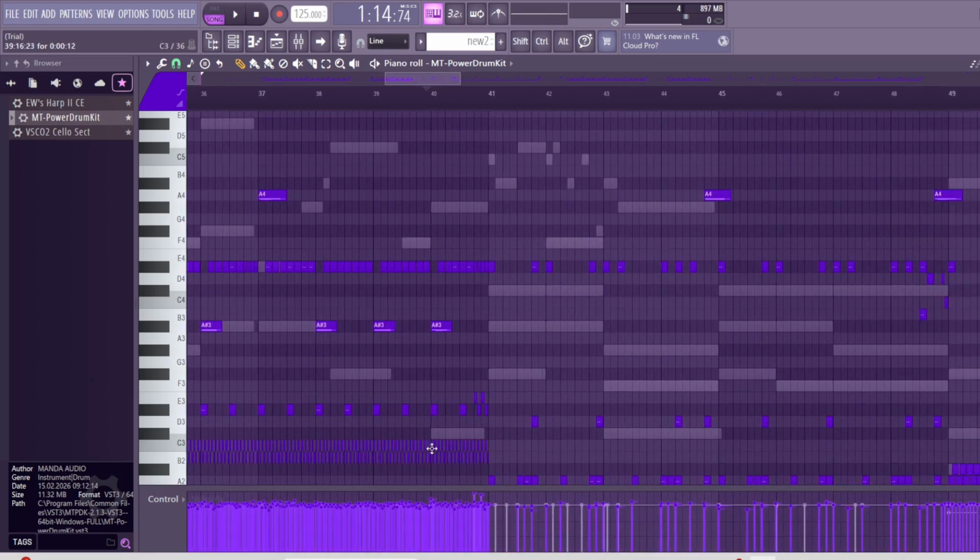And here I use the drum fill before the end of the verse. To kind of prepare the listener for the epic part.